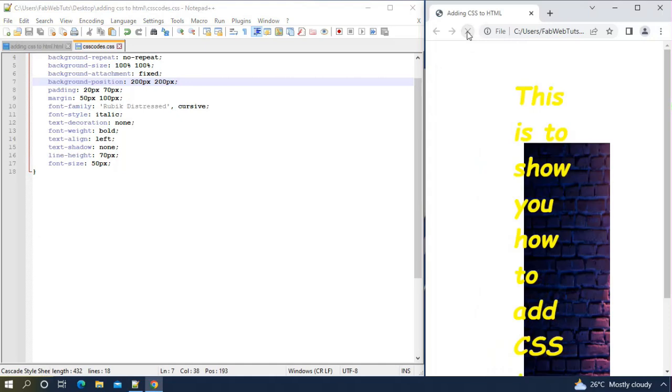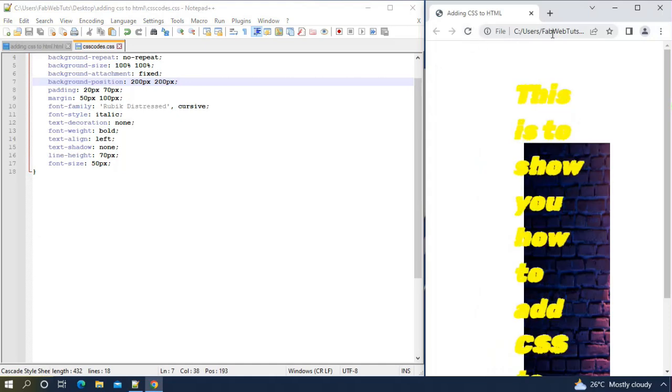So when we tap on refresh, you can see what happens now. It positions the background in the vertical axis 200 pixels and then in the horizontal axis 200 pixels as well. So if you ever want to position the background on the screen, you can just go ahead and use background position. So you can just go ahead and use it, and then you indicate the X axis and also the Y